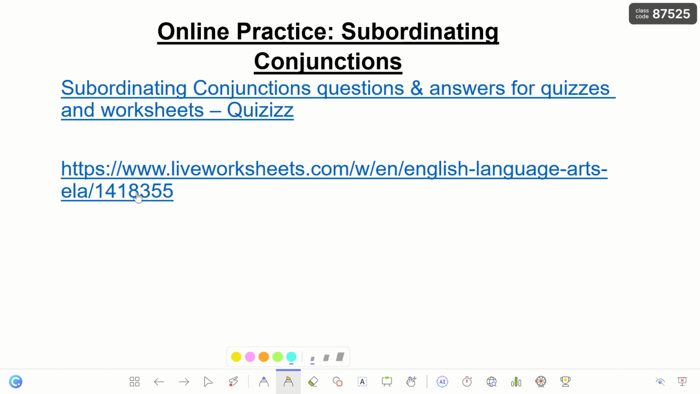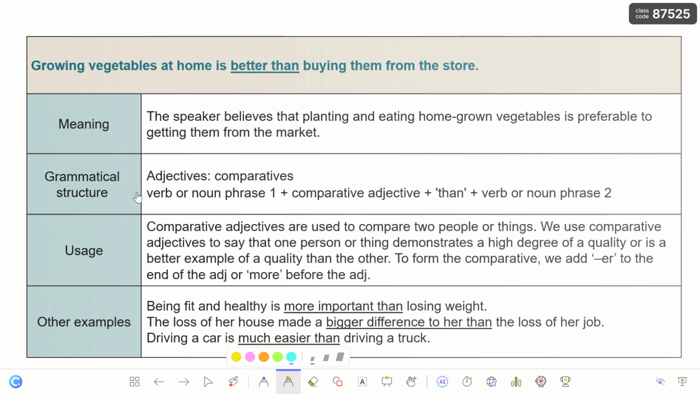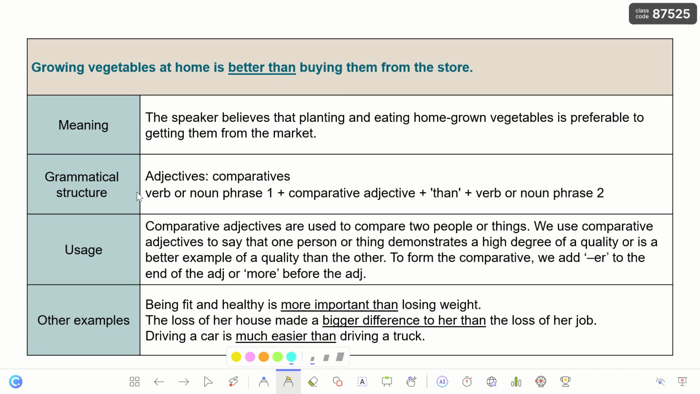Extra practice for subordinating conjunctions. Okay, the last grammar topic here that we have is the comparative adjectives, words used to describe nouns. Here I'm talking about comparatives when I have two things that I compare between them. So I have a verb or noun phrase, I have a comparative adjective, then I must use than, then the other